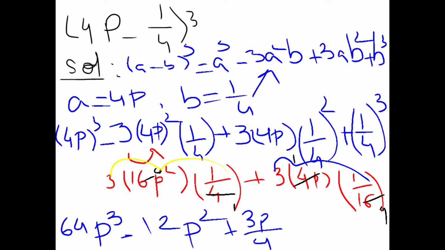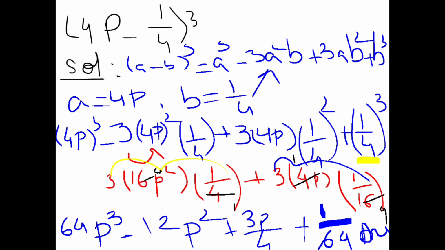Okay. Now which term do we have left? We will have this last term, plus 1 upon 4 whole cube. I am talking about this term, 1 upon 4 whole cube. So 1 upon 4 whole cube means 1 is multiplying thrice. 1 multiplied by 1 becomes 1 and 4 multiplied by 4 multiplied by 4 becomes 64. So here we got the answer.